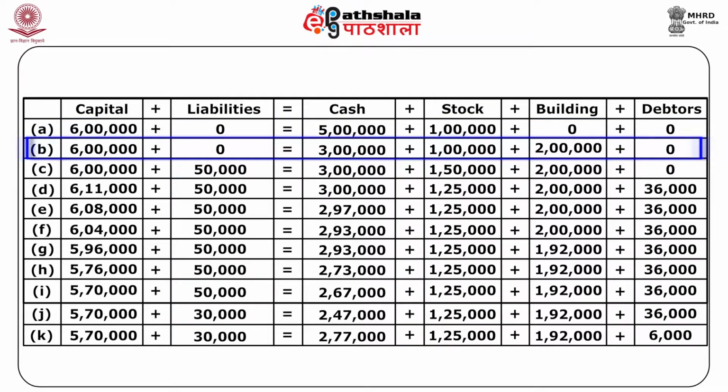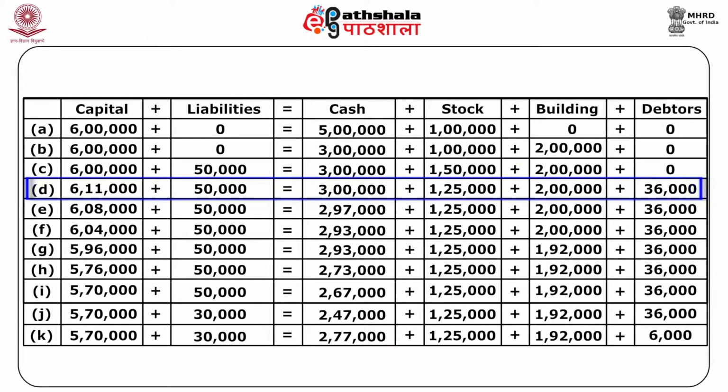B part, 6 lakh of capital plus 0 liabilities will give you 3 lakh of cash plus 1 lakh of stock plus 2 lakh of building plus 0 debtors. C part, 6 lakh of capital plus 50,000 of liabilities will give you cash of 3 lakh plus stock of 1,50,000 plus buildings of 2 lakhs plus 0 debtors. Now come to D part,